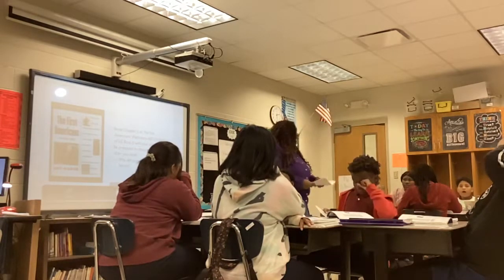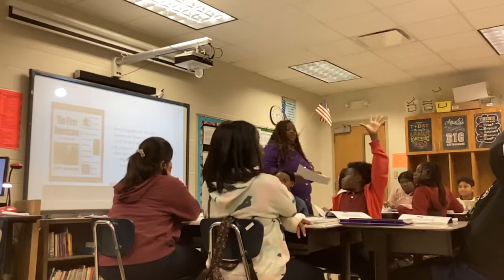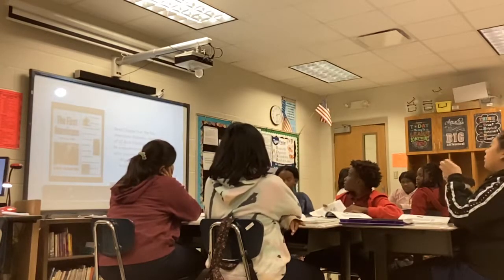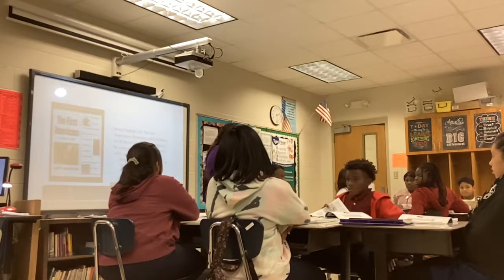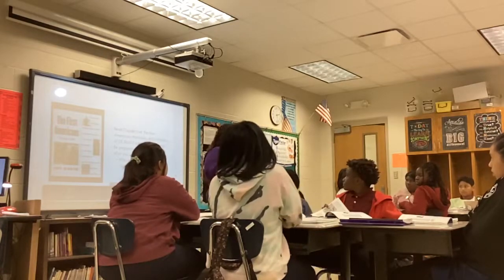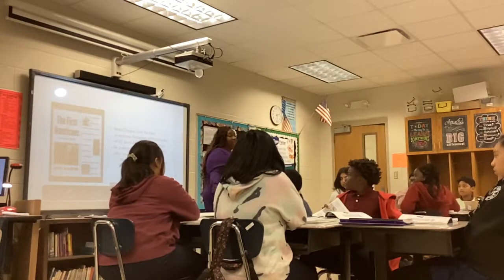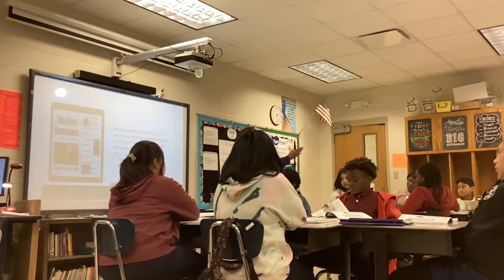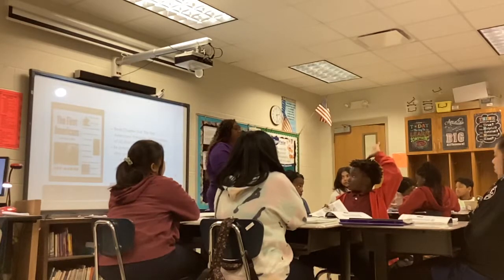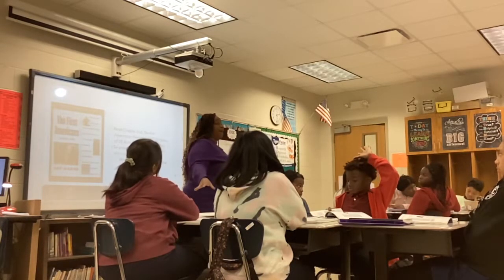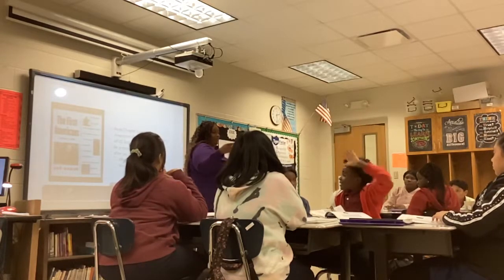So what's another key piece of information that you learned, Joel? They use the ocean as highways. So in the ice age, was the ocean the same as the ocean today? No. Why? Who can explain? Because the ice melted. Okay. Because the ice melted. So how did the people travel though? They walked on land and swam.